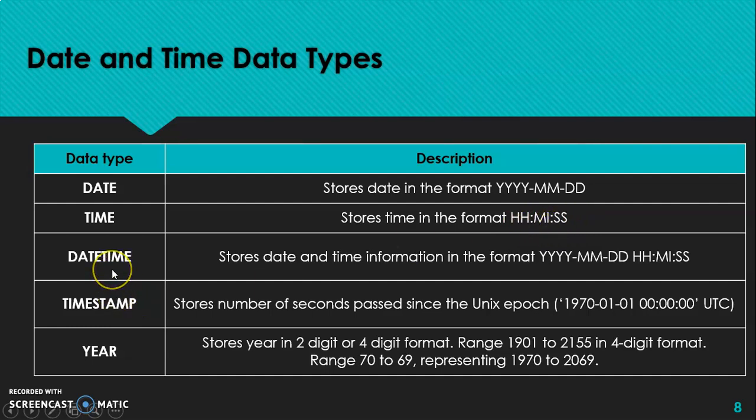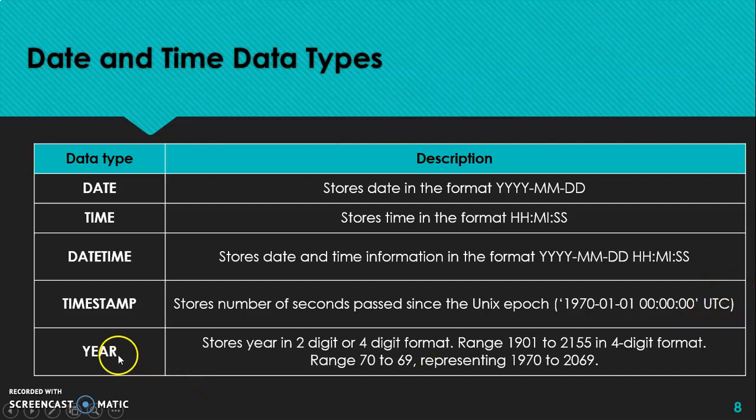Then we have datetime, which stores date and time information. So it is a combination of the above two, where first we have a date, then a time. Then we have timestamp, which stores the number of seconds passed since the Unix epoch. So this is the starting time.